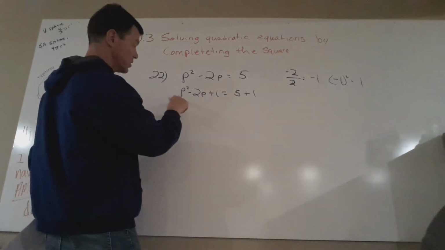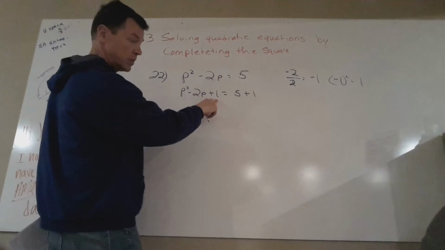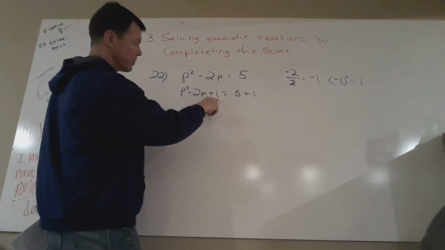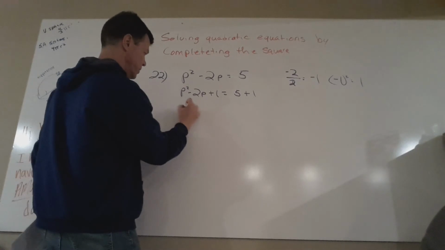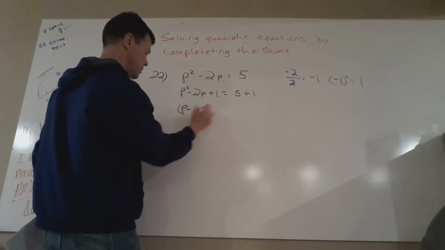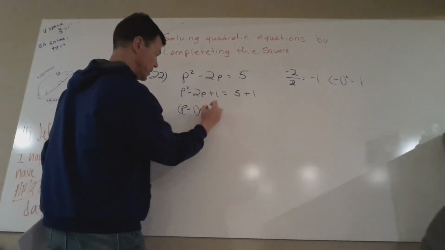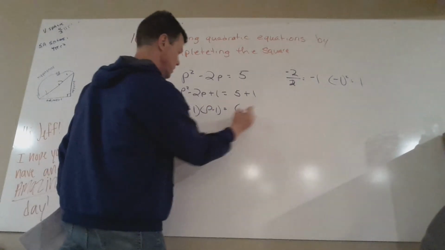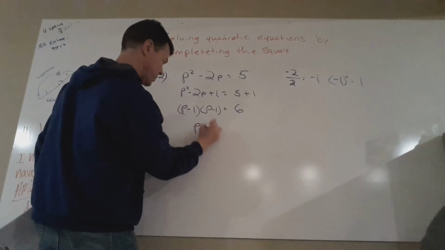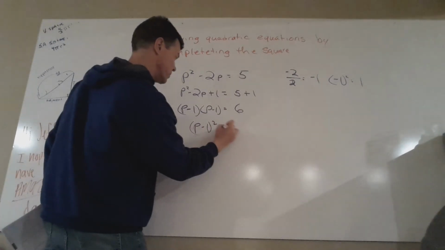P squared is just going to be p. 1 is just going to be a 1. This is minus. So you got p minus 1 and another p minus 1. And 5 plus 1 is 6. So you have p minus 1 squared equals